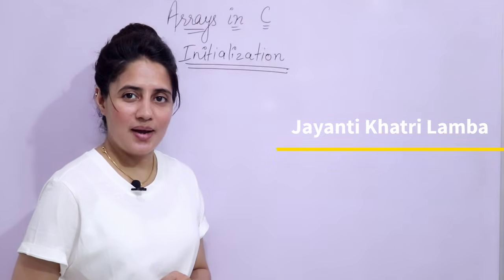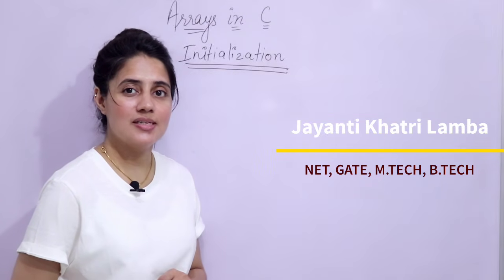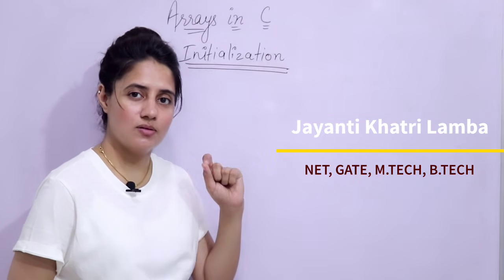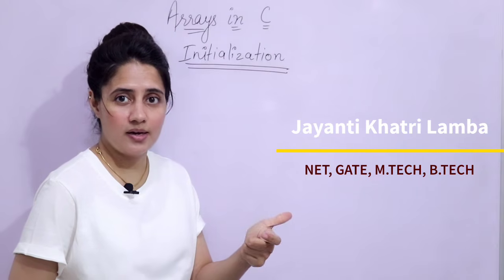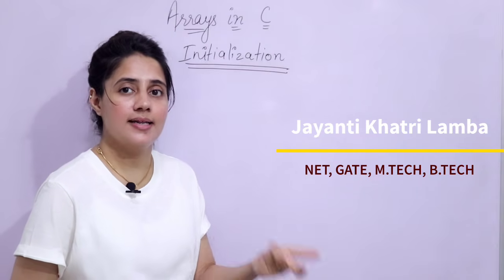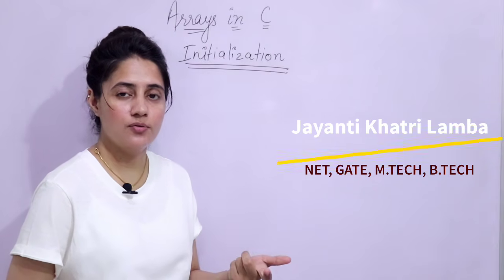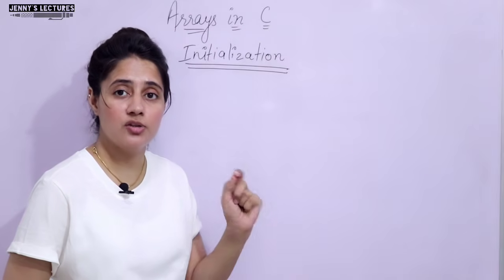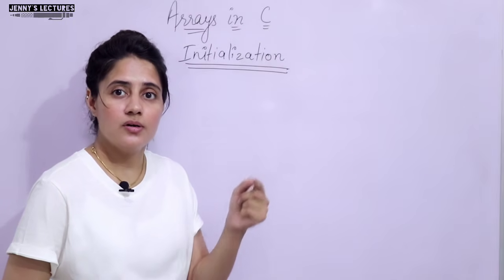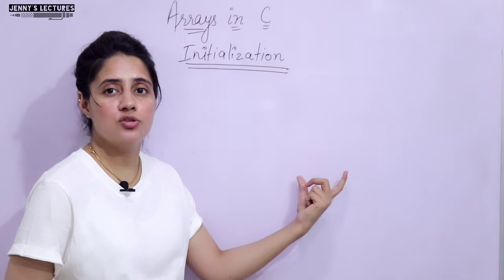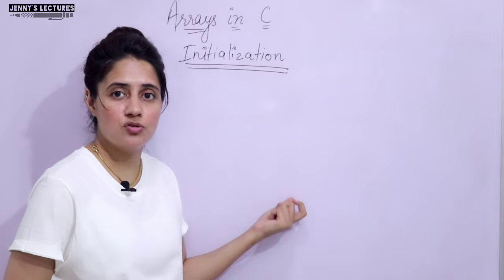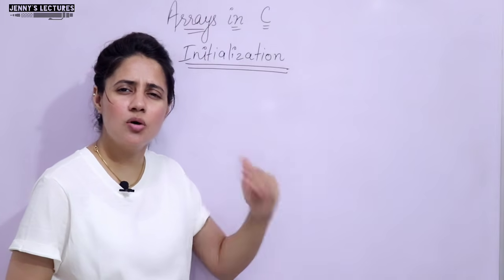In the series of learning programming in C, in the previous video we discussed arrays in C, that is, what is the need of an array, what is an array, its definition, and then the declaration of a 1D array only. We are left with many points about arrays, like initialization of arrays, how arrays are stored, the memory representation of arrays, how to access elements of an array, and types of arrays.